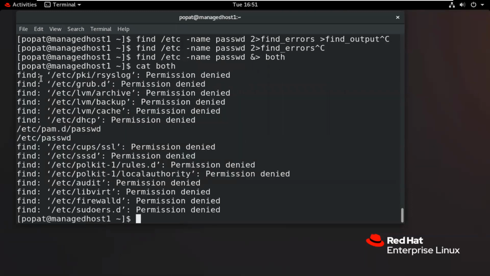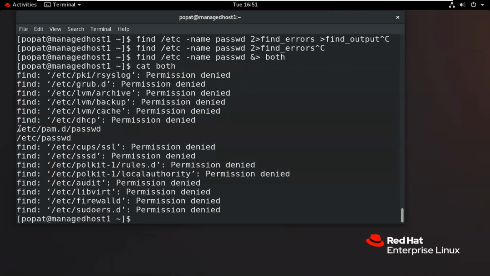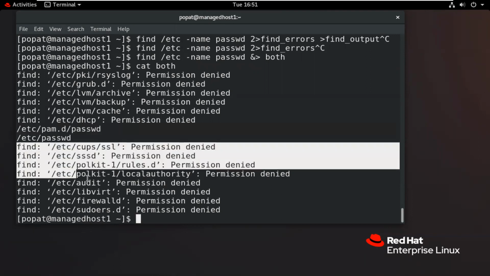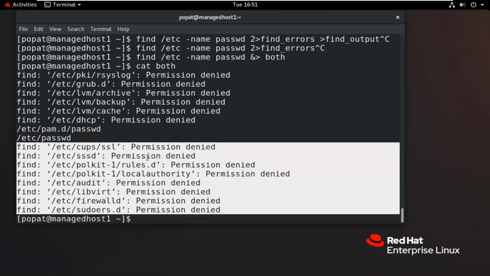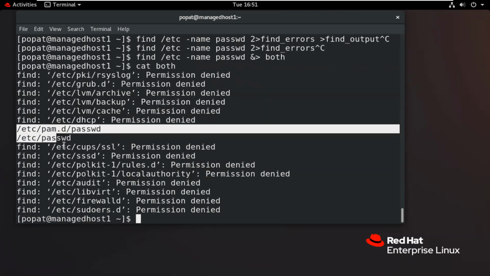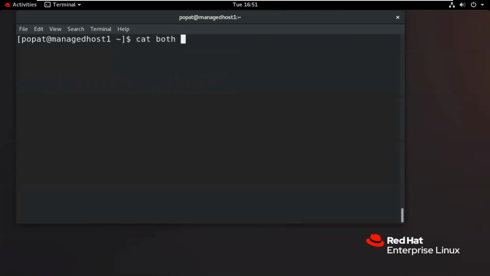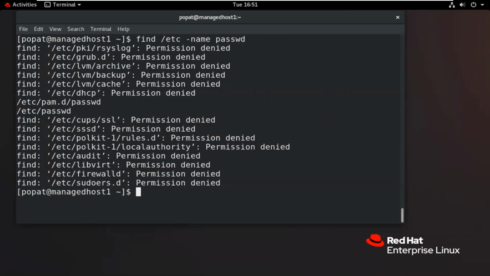So you can see here, this is my error, this is my output, and this is again the errors. It will print all these lines. It can be errors and can be output. So all will be the same, that is printed on the terminal. When we use this one, it will show me like this. So it will print all the lines in the file.